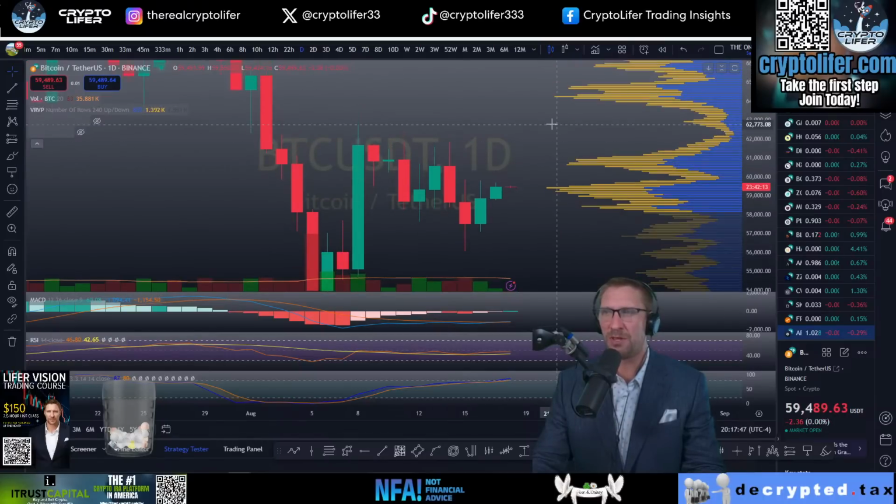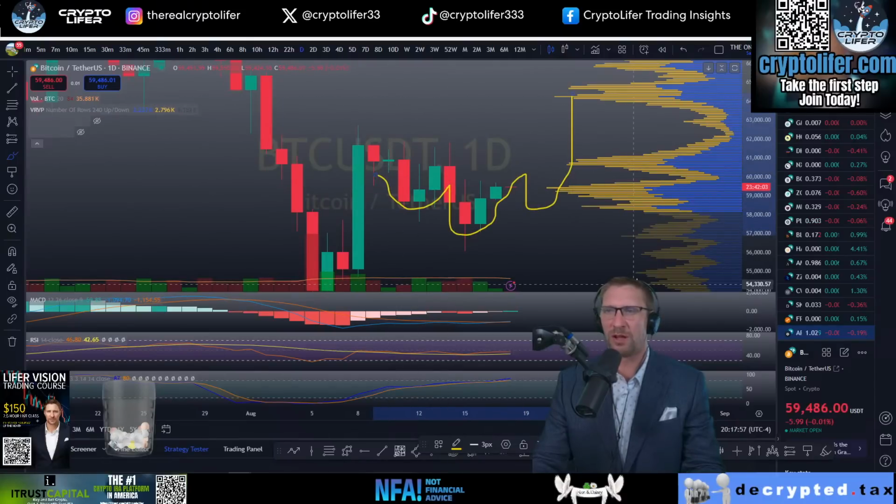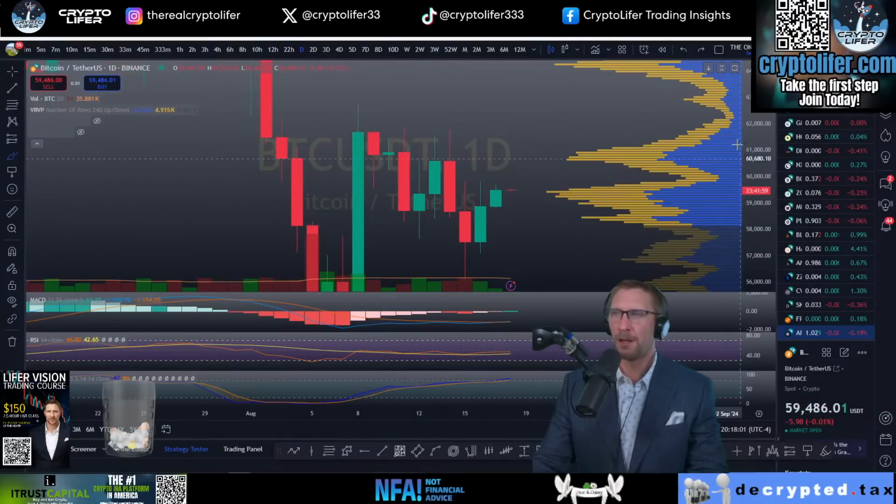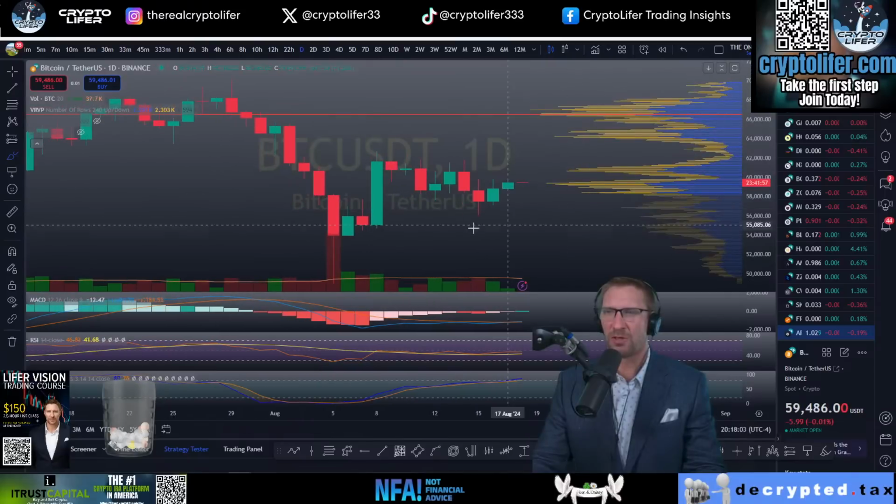And then look, we have a beautiful gap here that brings us back to 64,000. And it's likely we're making that. I wouldn't be surprised if we do something like this too, like shoulder, head. We may make a right shoulder there and bounce and also make some type of triangle here. But I like what I'm seeing here for the daily, and so far so good with the daily